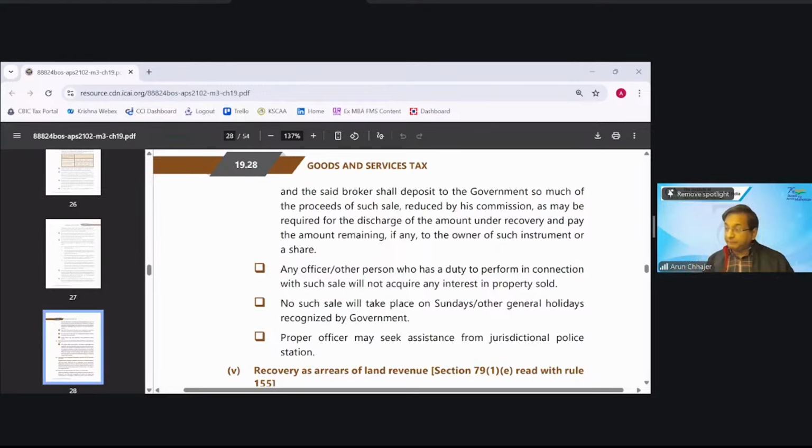See, pre-show cause notice: zero penalty. And if it is after the SCN, after the show cause notice, then if the amount is paid up to 60 days from the show cause notice, what is the component of the penalty? Zero. What is the penalty? Zero, right? And if they don't pay in 60 days, then if the order is issued,